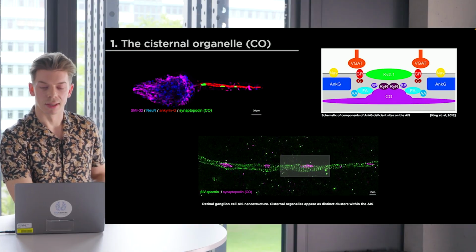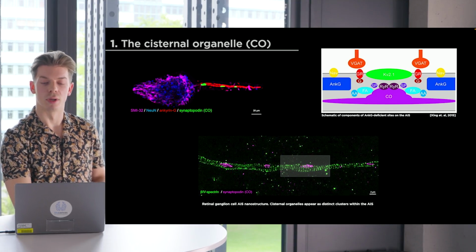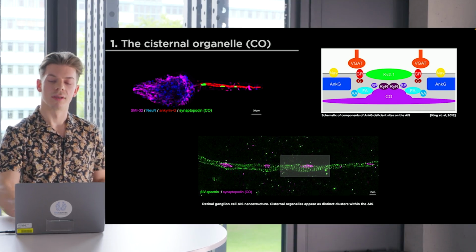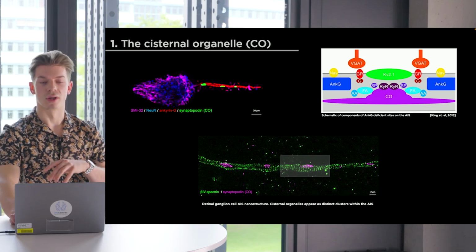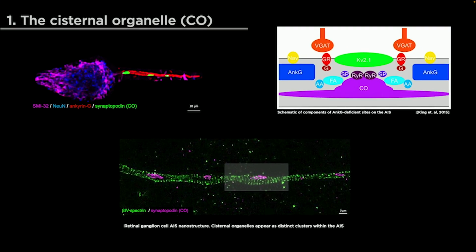During my early days in the lab, I was focusing my work on an even less understood nanodomain within the axon and within the AIS that is called the cisternal organelle. The structure, which you can see over here in green in the upper left picture and in magenta in the STED image down below, is basically a stack of smooth ER that is always found within the AIS and usually in the ankyrin G deficient sites, so in the parts of the AIS where our structural proteins show some gaps